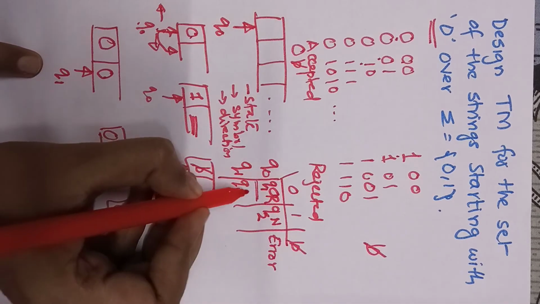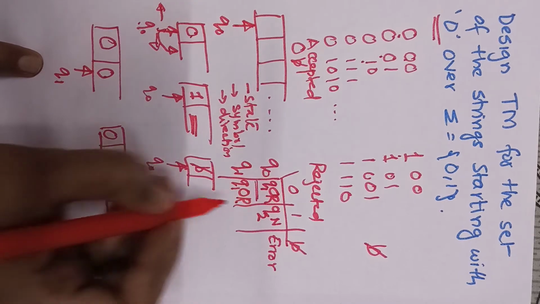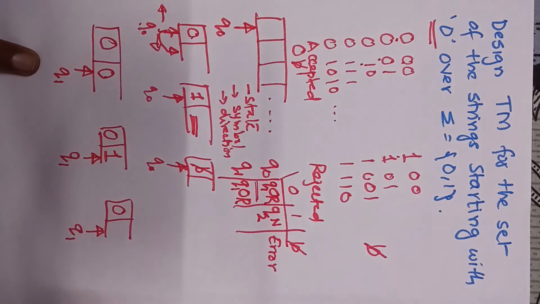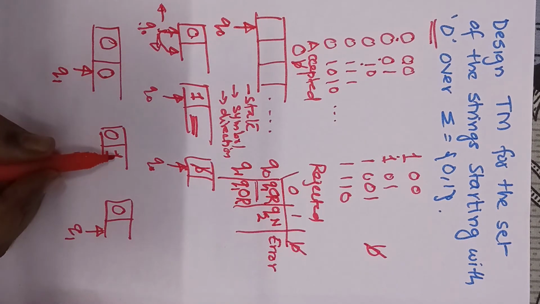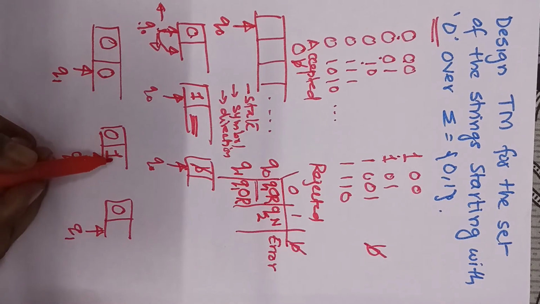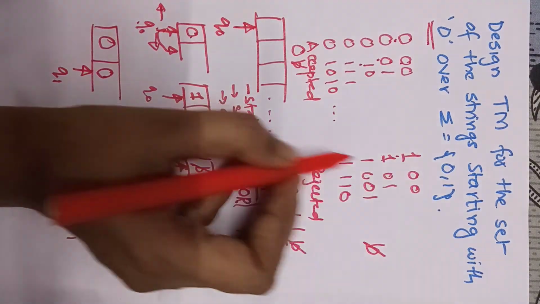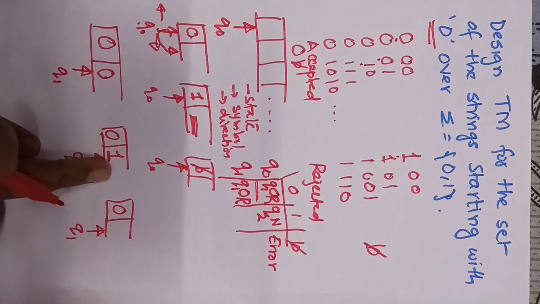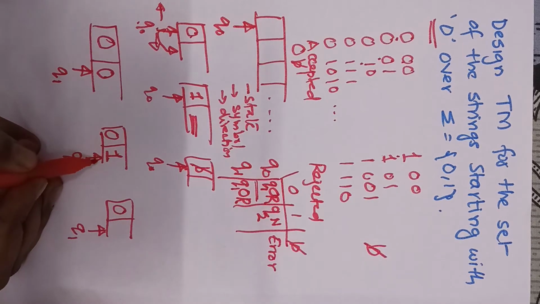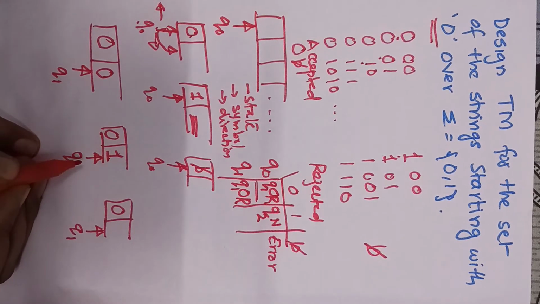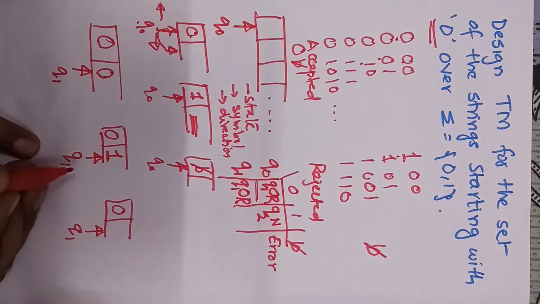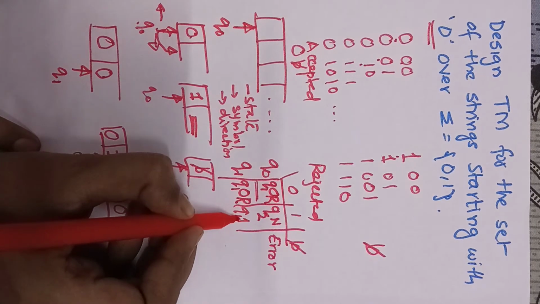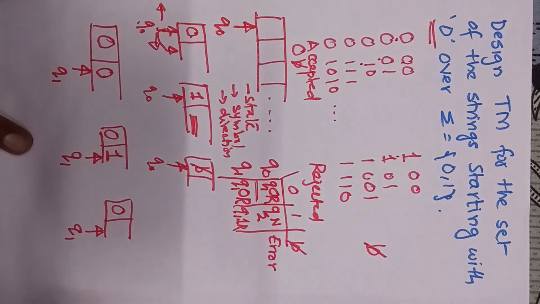Do you want to change the symbol? No. Where do you want to move? I want to move to the right. Now the next symbol, if it is 1 also, do you want to do something? Do you have to take some strict action against 1? No, 1 was rejected at the first position, and this is the 1 after getting the first 0, so I'm happy with this 1 also. Do you want to change 1? Do you want to change the state? No, I don't want to change the state because I am searching for a blank. So the state will be q1, the symbol will be 1, and move to the right.